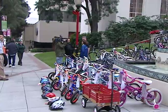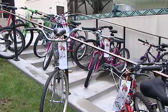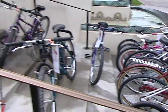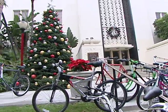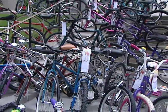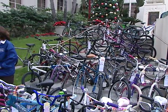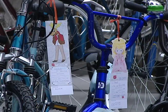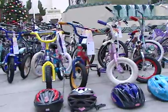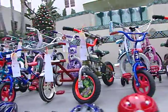That first year we did just 10 bikes. It's grown by leaps and bounds. Last year we were up to 150 bikes that we restored and donated, and there have been some fantastic volunteers. We couldn't have accomplished all we've accomplished in our growth if it wasn't for the volunteers that have come from businesses, schools, churches, residents in Burbank and the surrounding communities. They've just been invaluable. The exciting thing is we've got so many people who have been donating these bikes,